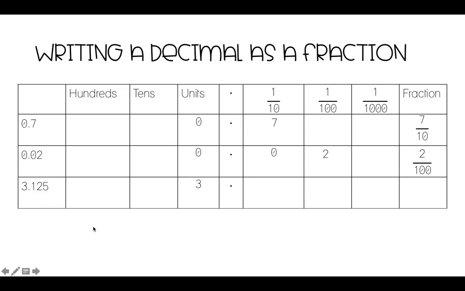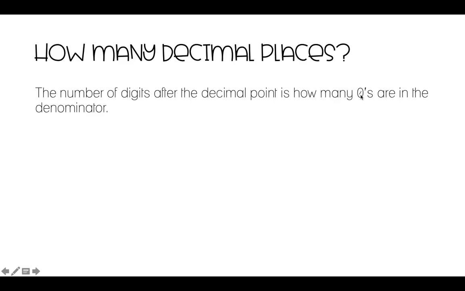In the next one, we have 3 whole units, 1/10, 2 100ths, and 5 1,000ths. So the way we write this is we have 3 and 125 thousandths. Now, the number of digits after that decimal point is how many zeros are in the denominator. So here we have